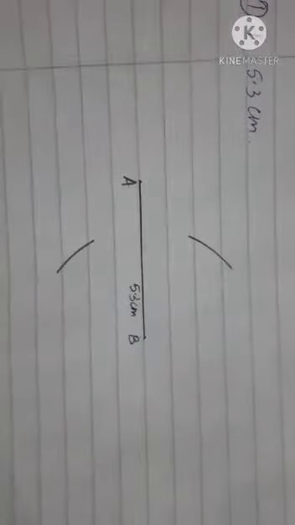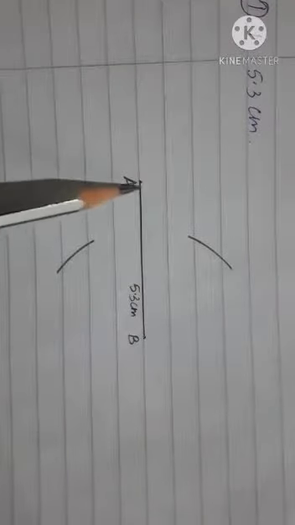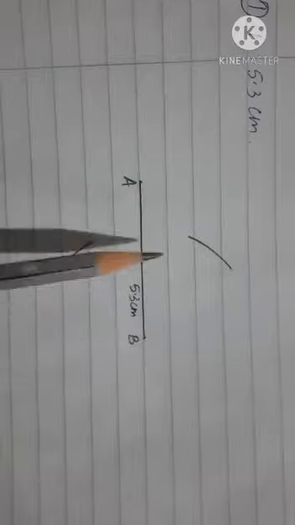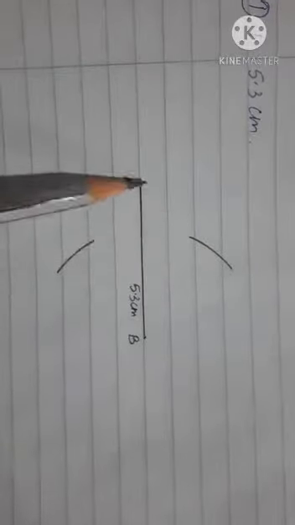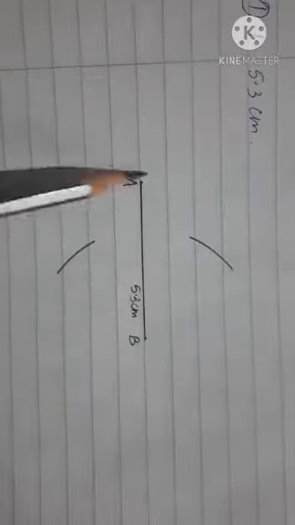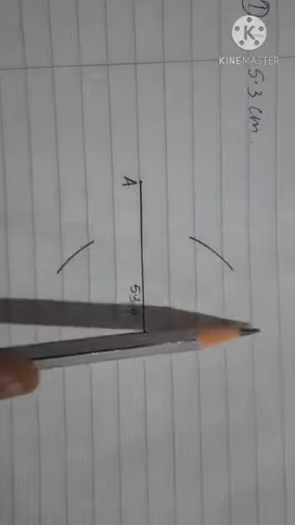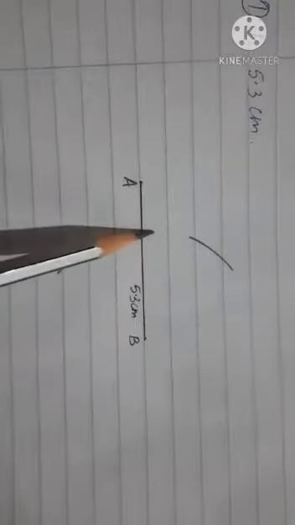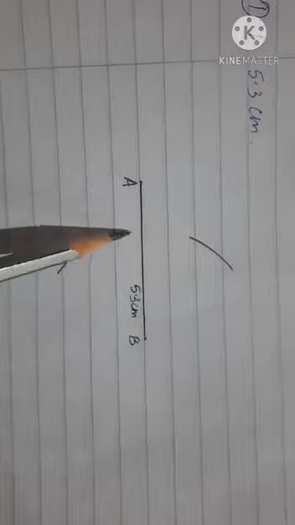See now how I am making an arc. I am making an arc in such a way that this is my line. So almost in the middle of the line, imagine a triangle on top as well as on bottom. So here I am drawing the arc. I am not drawing the arc over here or below near the line or far away from the line.